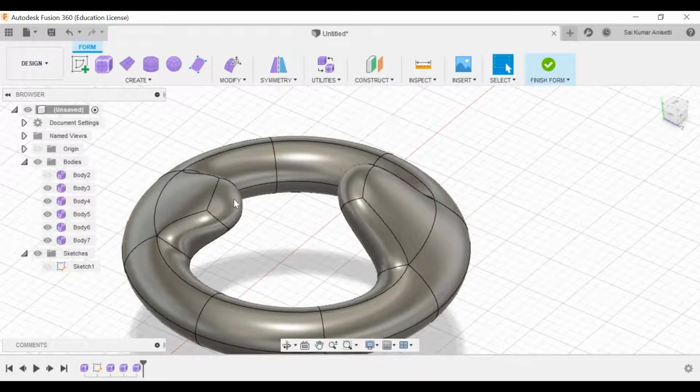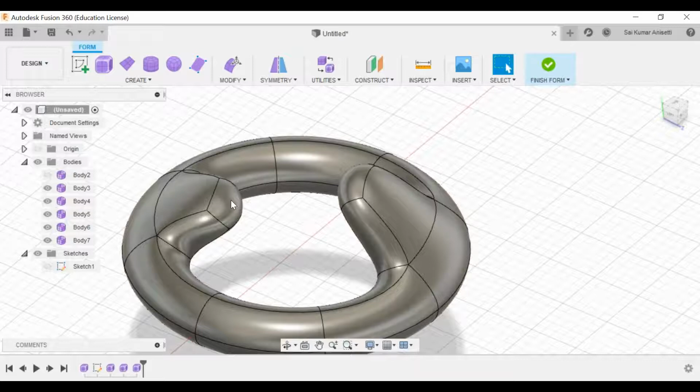See, now if I am dragging this particular face, in the background what it is actually doing is computing, it is changing those values, the coordinate system. If I am moving this, I'm translating it, right? I'm changing the coordinates so that in the background the equation is also changing. This is not simple clay, but in your background it is changing those vectors and all with respect to the x-axis. The coordinate system would be x, y, and z. So in that way it is going to change. That you will learn in your CAD/CAM subject.